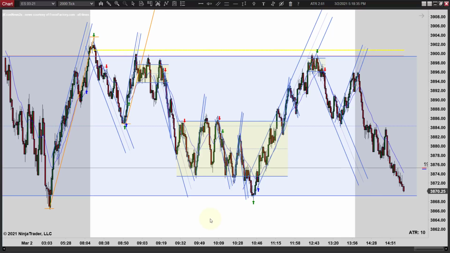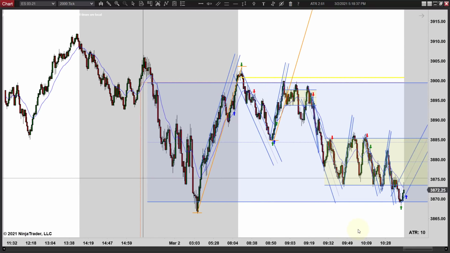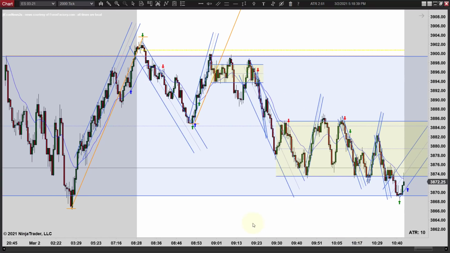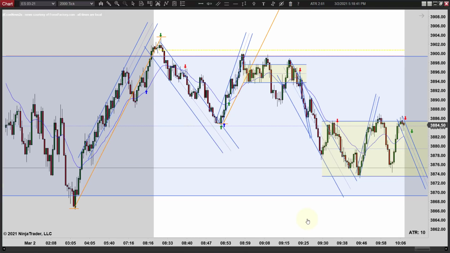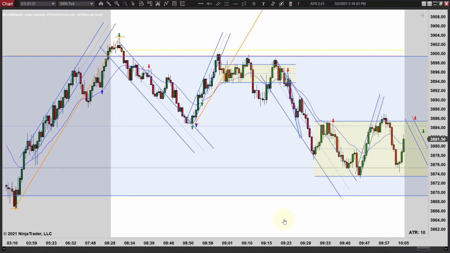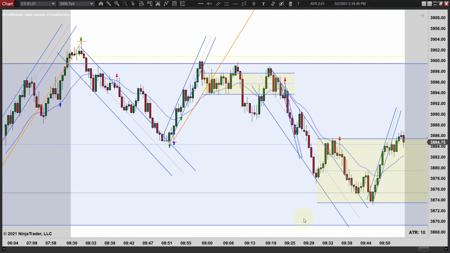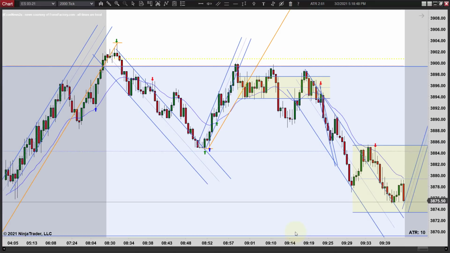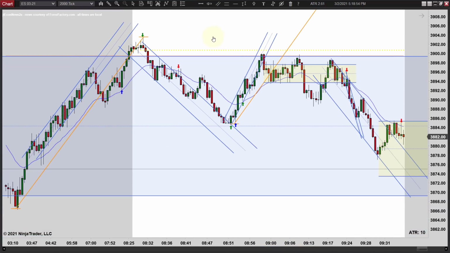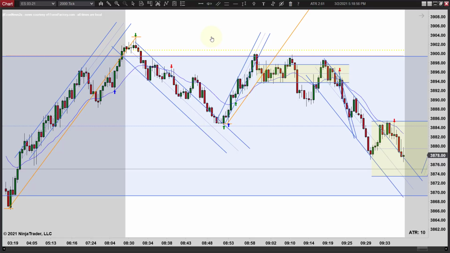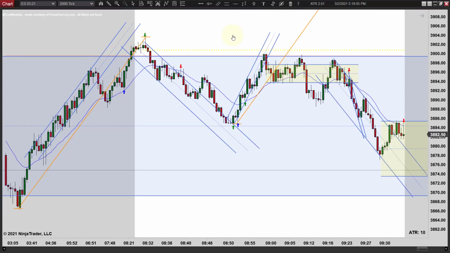But let's back out. Let's go through the trades, and we'll wrap it up. There's quite a few trades today, all the same. There weren't as many this afternoon. And there's a couple in here that you could have argued for them to be green or whatever that I didn't mark. And we'll talk about those when we get to them maybe. But just because I don't mark every trade doesn't mean that there wasn't a possibility that looked a little different on your chart, or you might have seen it a little differently than me. But anyway,